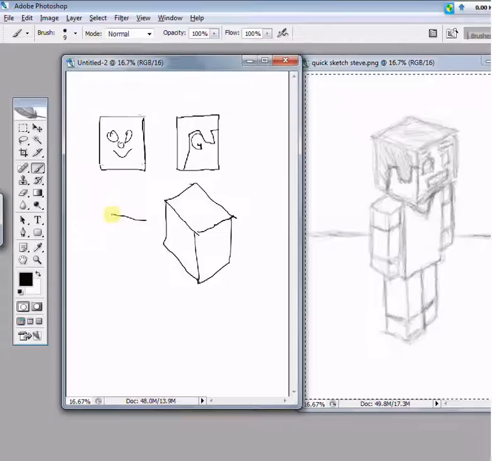So if I was to draw it a slight angle there, it would automatically change the view of the cube that we're drawing here. And the shallower I get, the less deep I make it, and then it would be more,